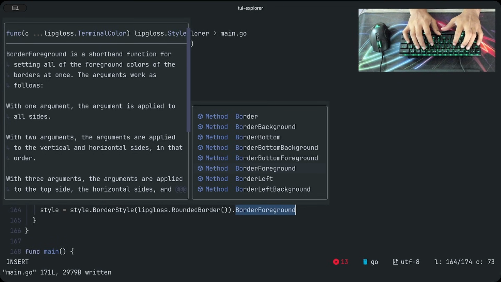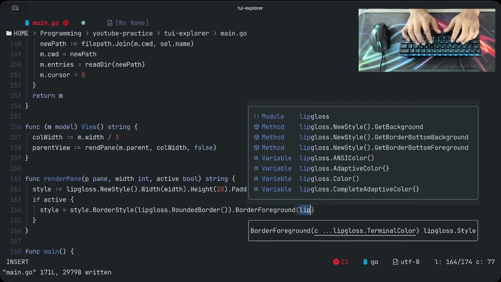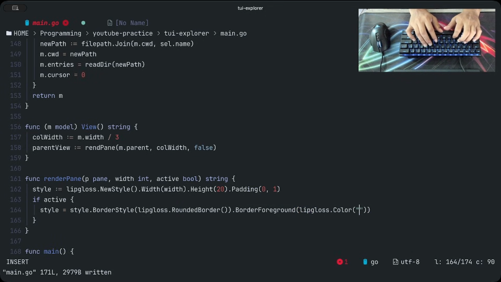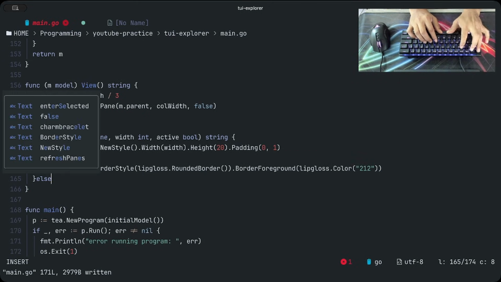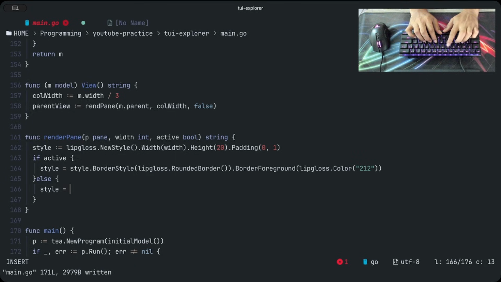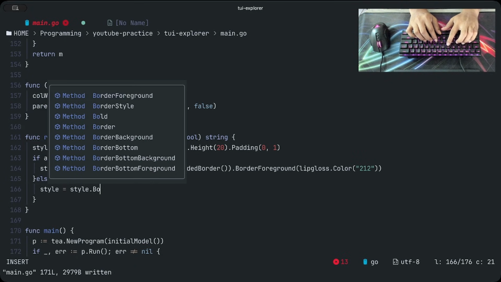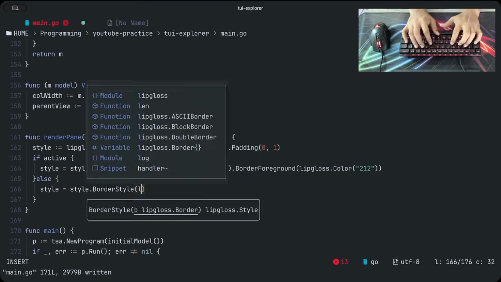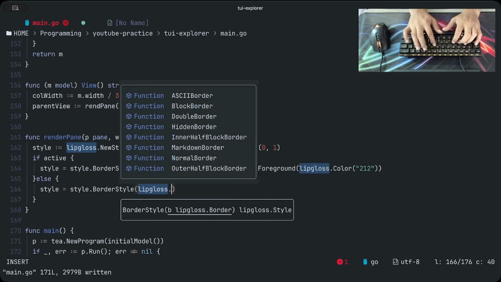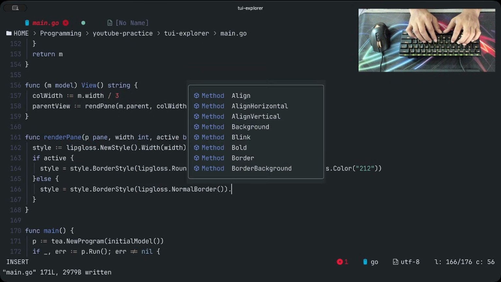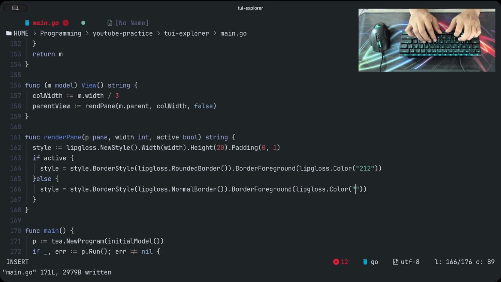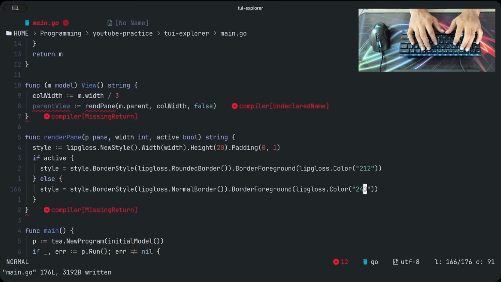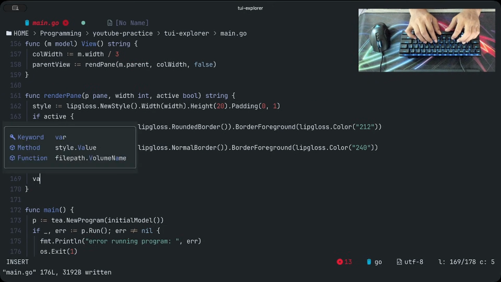Let's change the foreground. Yeah, border foreground. Let's call it lipgloss. How do they say it? Color, and we give it the color value. Yeah. Else it should be just normal. So two and two should give a pinkish hue, and the rest of the things will be white. So we do the same thing again. Instead of rounded, we make it normal so that we differentiate. We create some contrast, and let's call it a 240, and that is, I believe, white